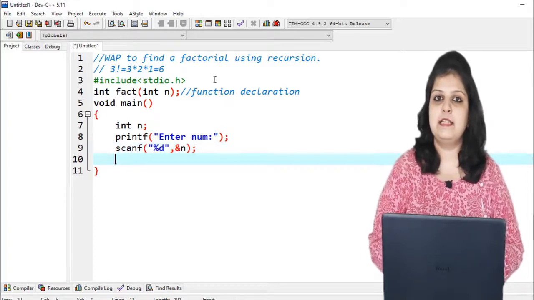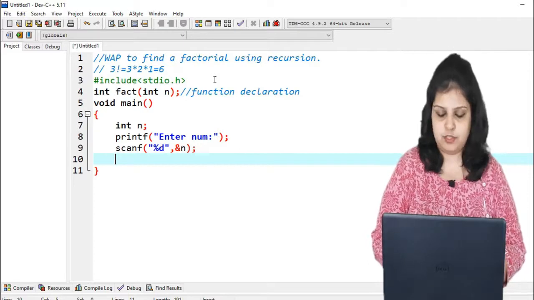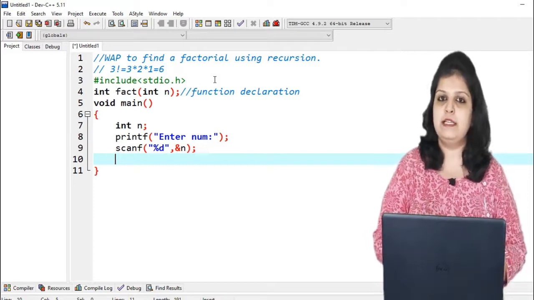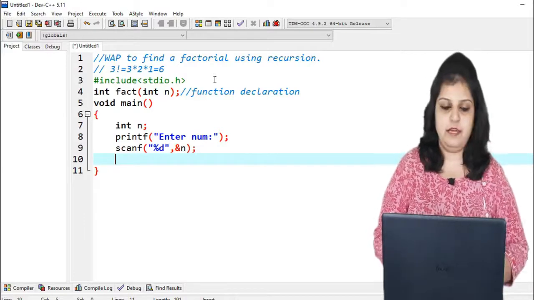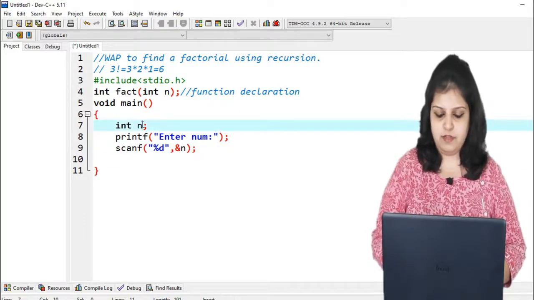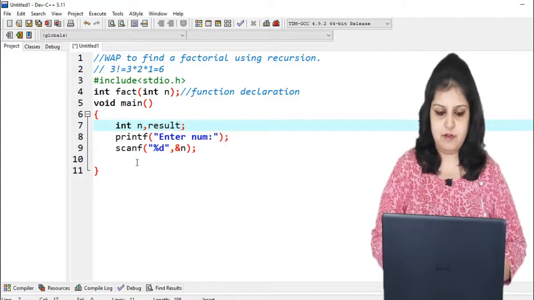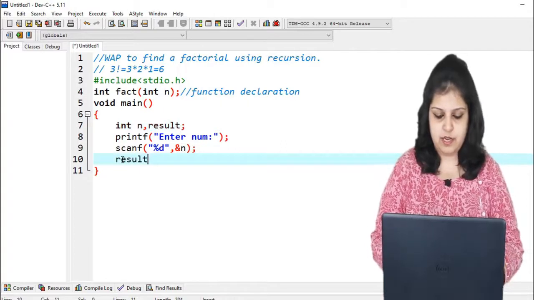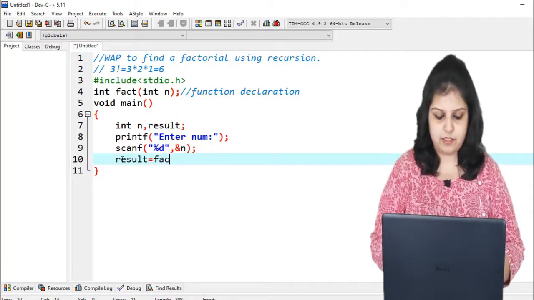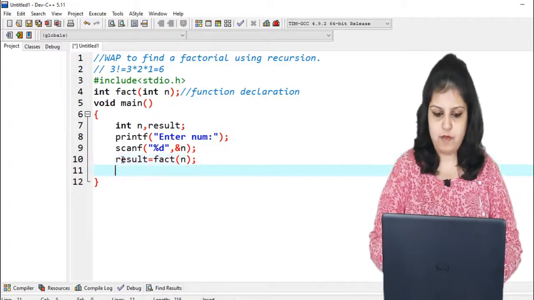Now our next task is calling the function here in the main function. We can directly write it in a printf, or we can store our value in another variable. So I am declaring result as one variable and calling the function like result is equal to fact, and in the bracket pass the value of n.